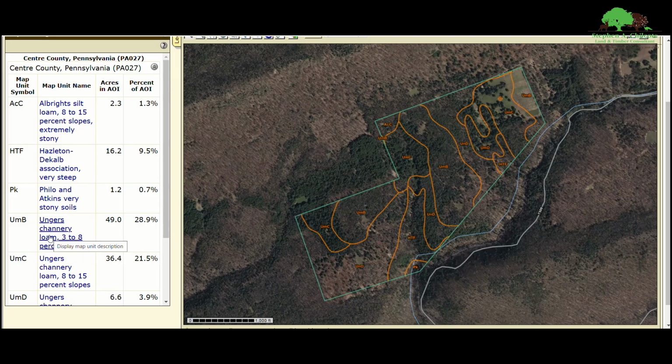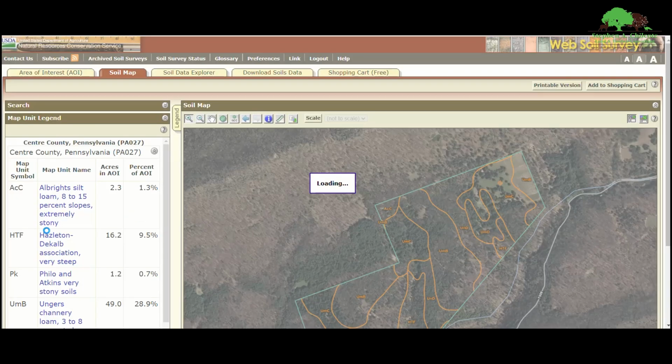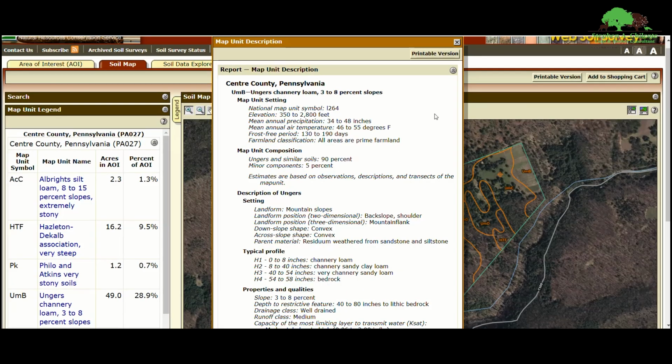So let's click on that over here, and it takes you to the soil description. And you can print this out if you want to. But right here is probably where you want to go straight to. All areas are prime farmland. So there you go. I know that I can grow a food plot there or a garden, or crops because it's prime farmland. Now, I've worked with this property a lot, and I could tell you that when you go